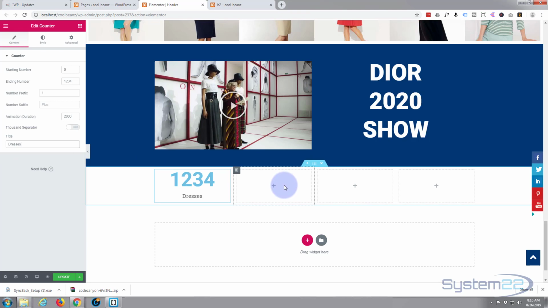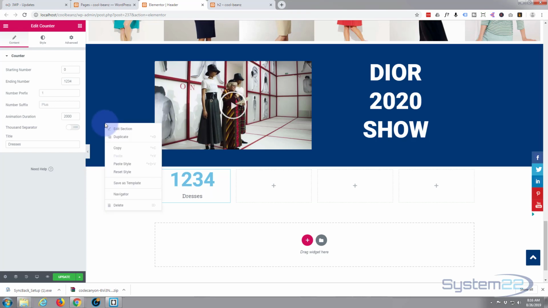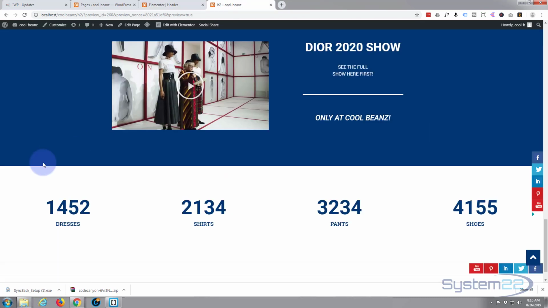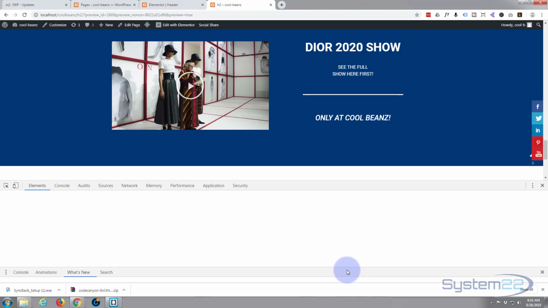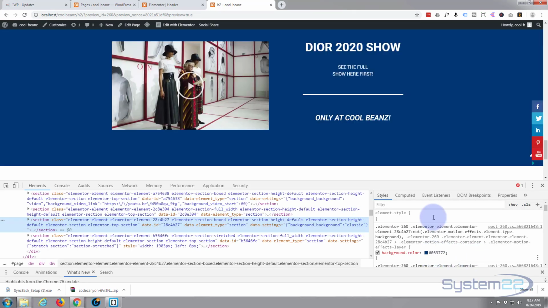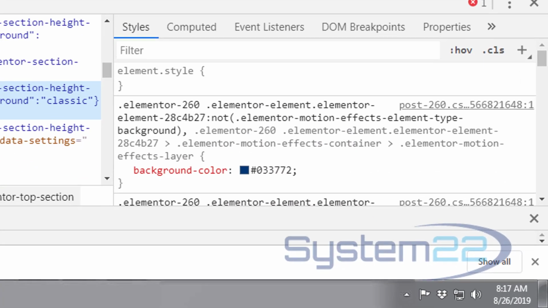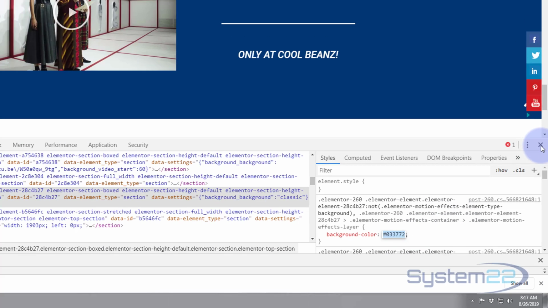And what I'd like to do is make both the number and the text our blue color that we've been using here. So can I inspect? I can. I've got it up here. Let's inspect it and get this color quickly. Like I say, usually when I'm building a site, I'll have a note of all these colors, but I don't for this one. So this is how you find it. I'm using Chrome Inspector. I just right-clicked on the part that I wanted to inspect to find the color from, and there it is right there in our Style tab. So I'm going to copy that, close the Chrome Inspector,